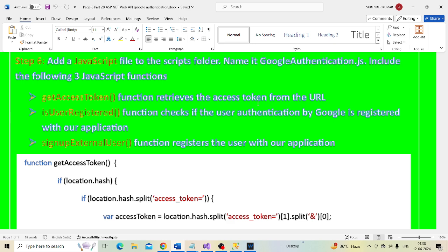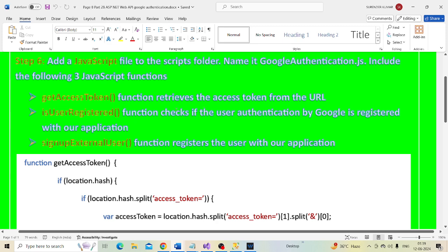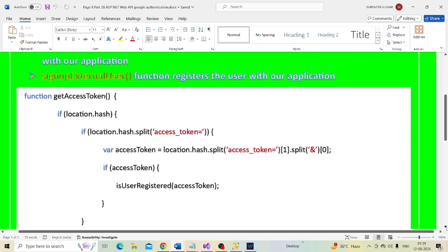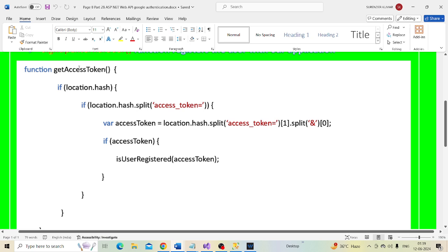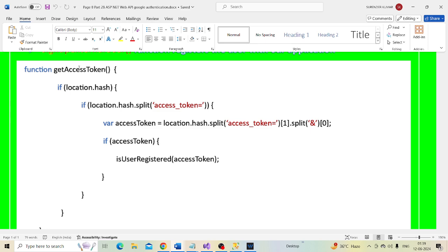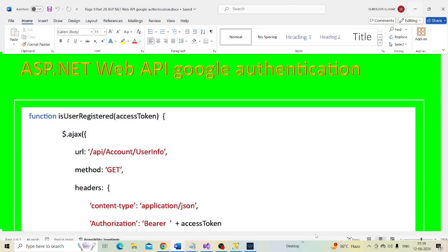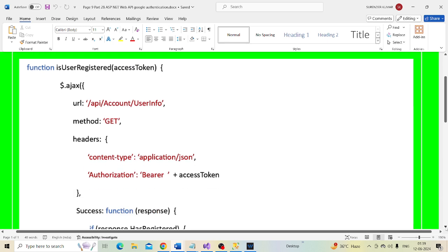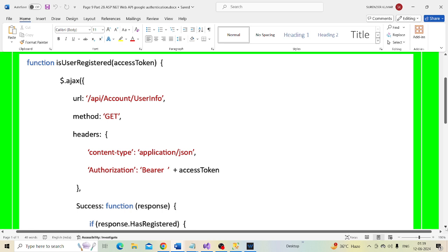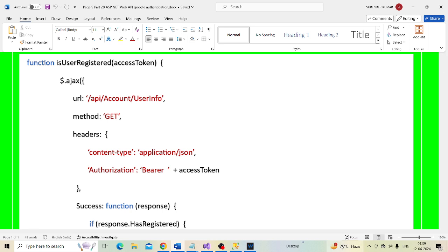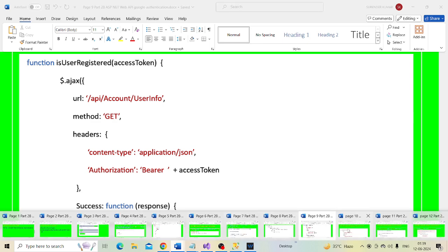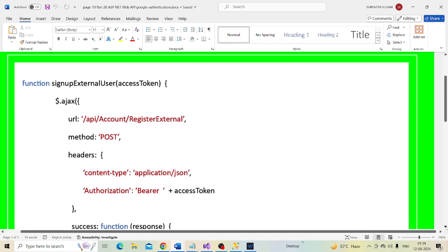And signUpExternalUser: this function registers the external user with our application.